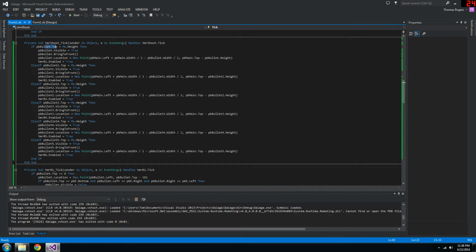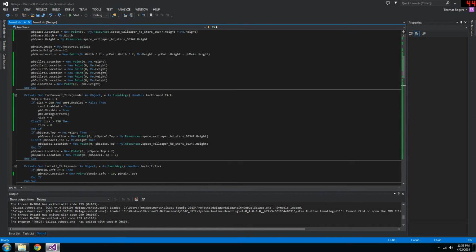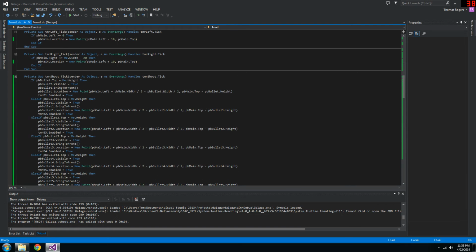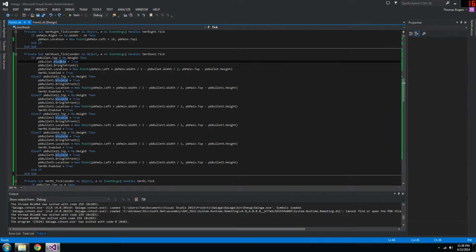If the first bullet equals the height of the form, which is the default location right there, that's why I said this is the default location. Then it makes the bullet true, it brings it to front, and the location is in the middle on top of your ship. And then it enables the bullet timer. And then this thing,